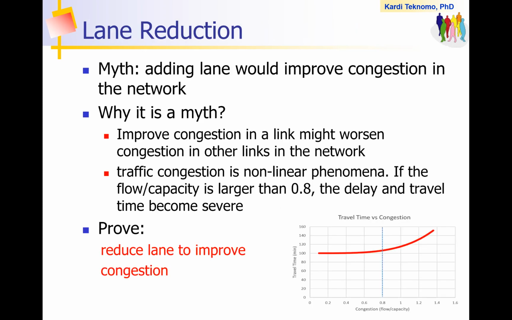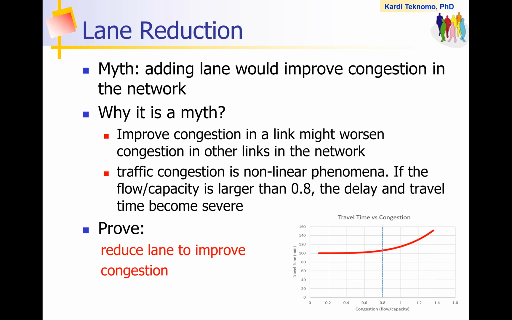So now I want to debunk the myth. The myth is this: you solve traffic congestion by adding lanes. Why is this a myth? Because by improving the congestion by adding a lane, you may make the congestion worse in other links. Yes, in this link, because you increase the number of lanes, it will reduce the congestion in that particular link, but it will make it worse in other places, not necessarily